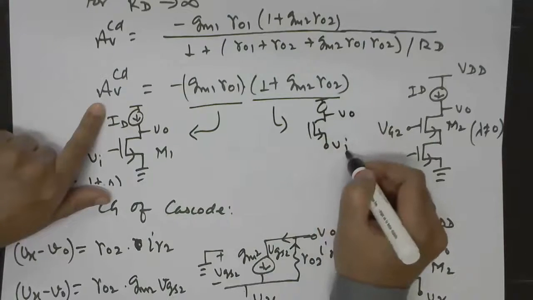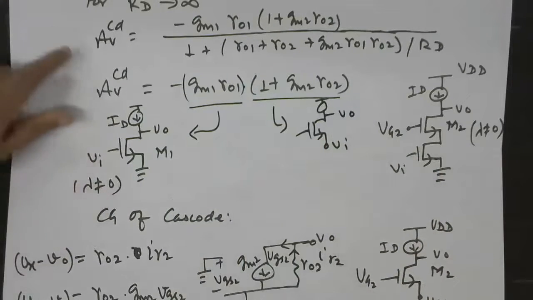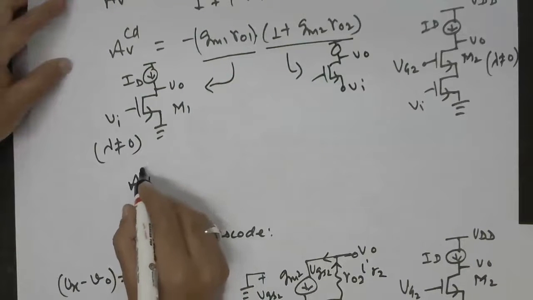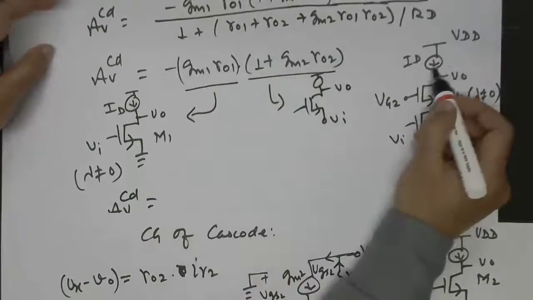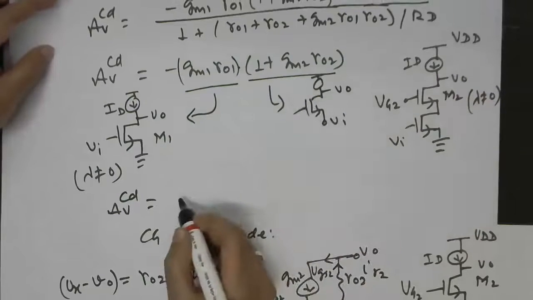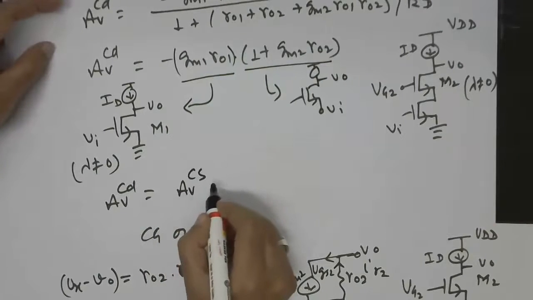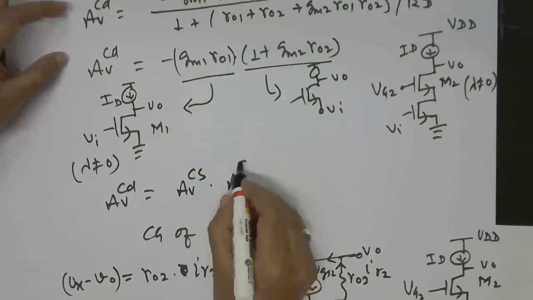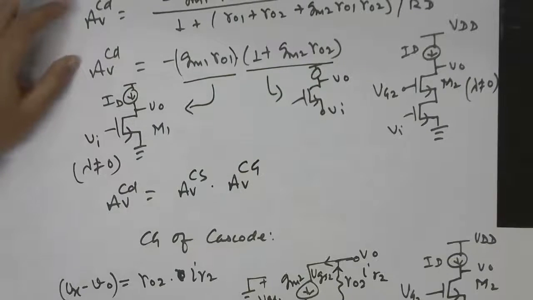You can see, suppose input were here, in that case what you would get, right? So what we find is that AV of the cascode for current source biasing, or RD equal to infinite, is simply equal to AV of common source, single MOS, and AV of common gate single MOS configuration,